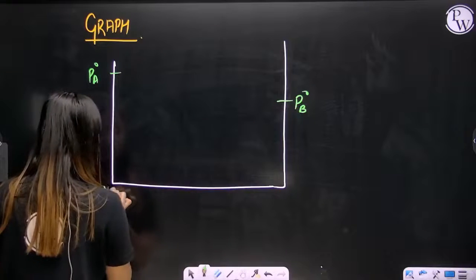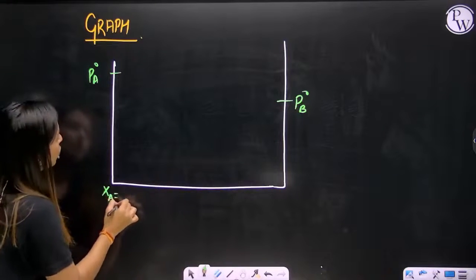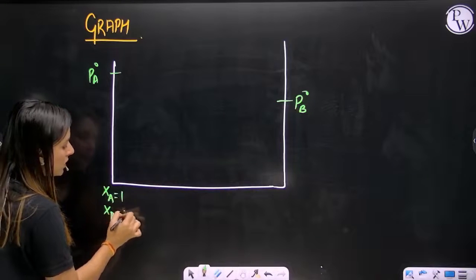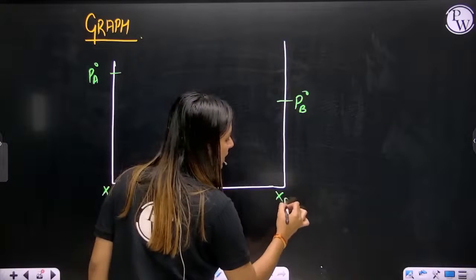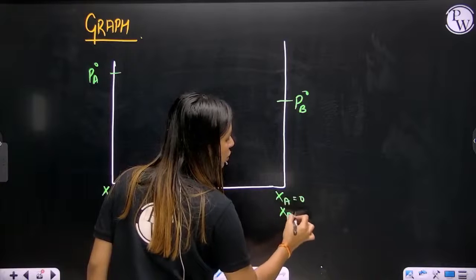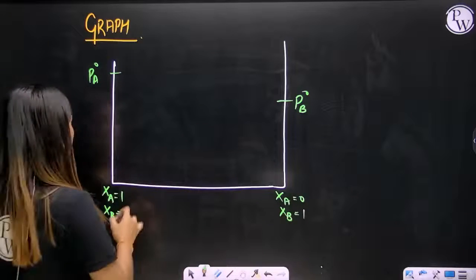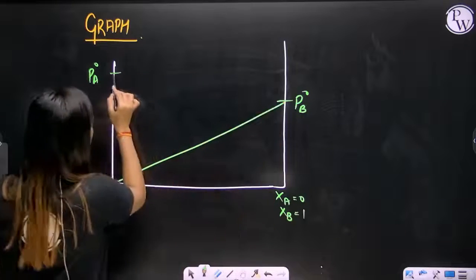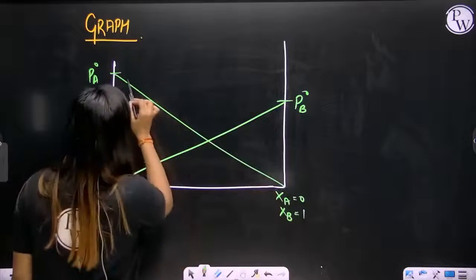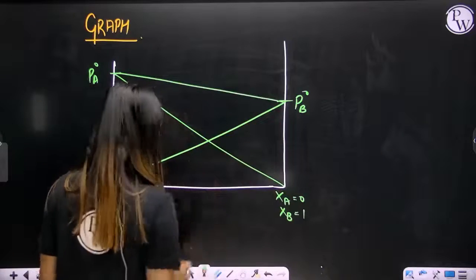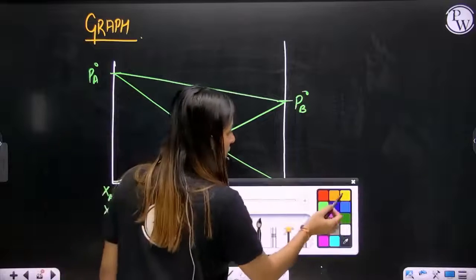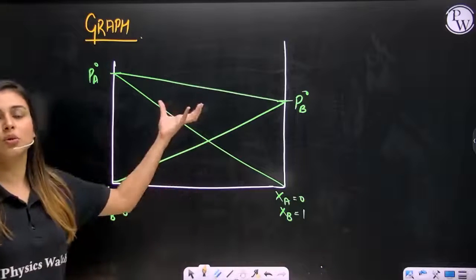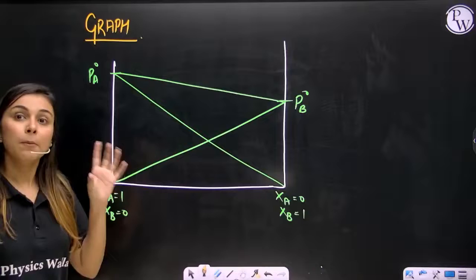Here you will have XA equal to 1 and XB equal to 0. Here you will have XA equal to 0 and XB equal to 1, right? We can join these two. Perfect. If the solution was an ideal solution, this was what it's supposed to have,